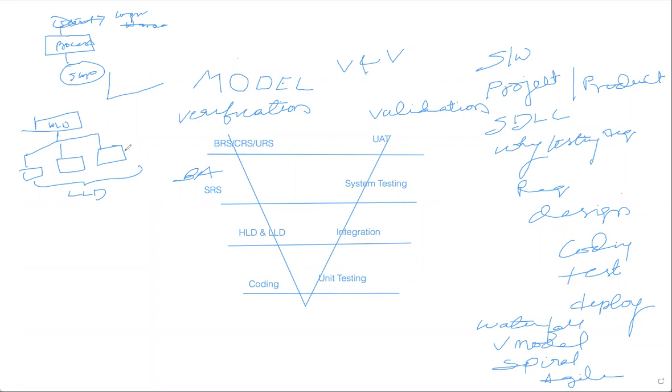So if we see, these are all the verification part, because here we don't have any software ready. So we do only testing on the documents. If you observe here, we need to review the BRS document, review the SRS document, and review the HLD and LLD. If these are all correct, then whatever software is developed will be correct, because the software development is based on these documents. So these documents are input to the development of a software.